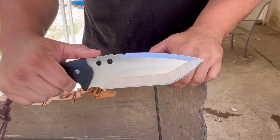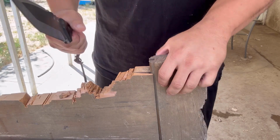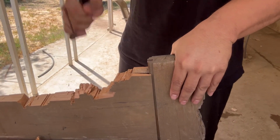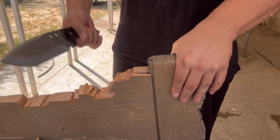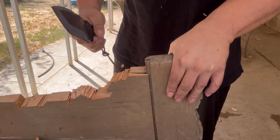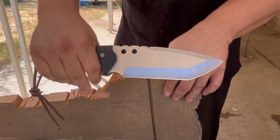Let's take some wax at the door and see how the edge holds up and how it feels in the hand. All right, not too bad, not too bad. The handle does feel a little awkward. The handle feels a little awkward, but